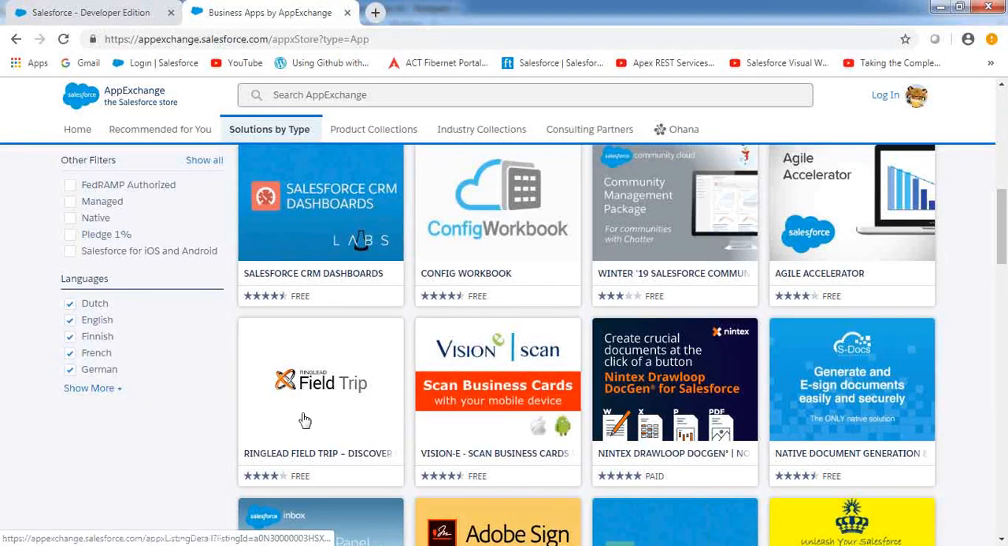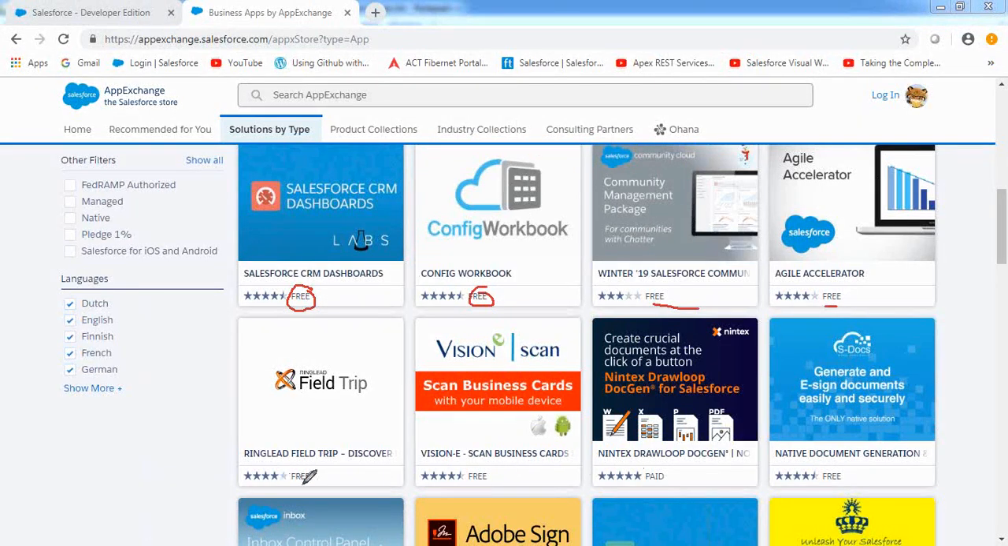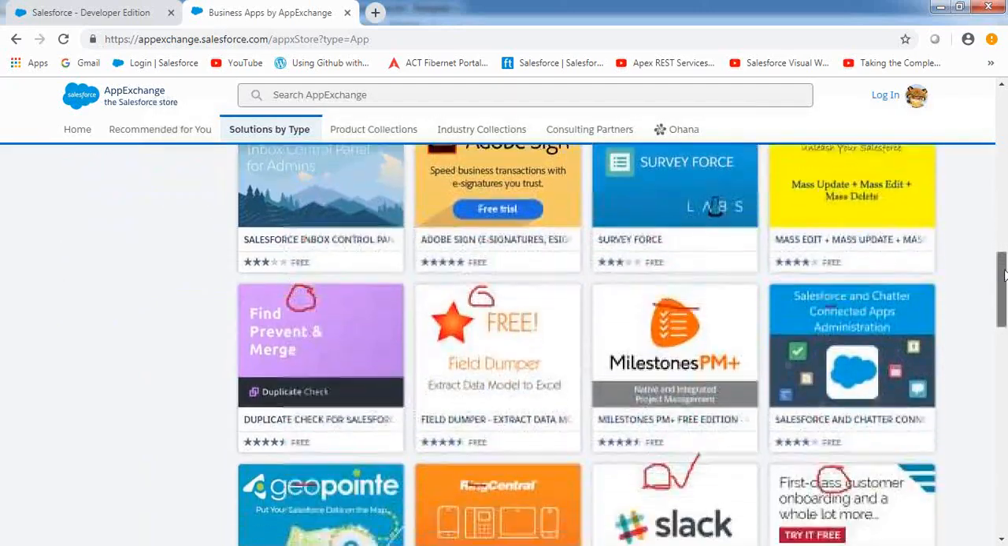Once you go to this application here, it will indicate clearly whether it is a paid application or a free application. Now it is indicating this is a free application. This is a free application. This is also free, and this is also free. This is also a free application. And this is a paid application. Next, this is a free application. Like that, below the application name itself, you will have the